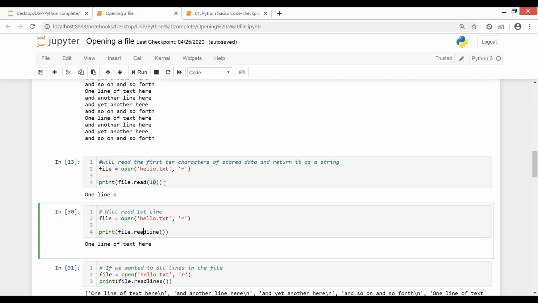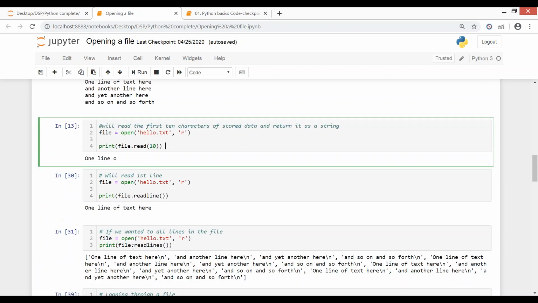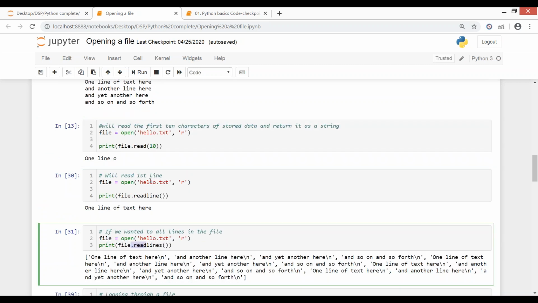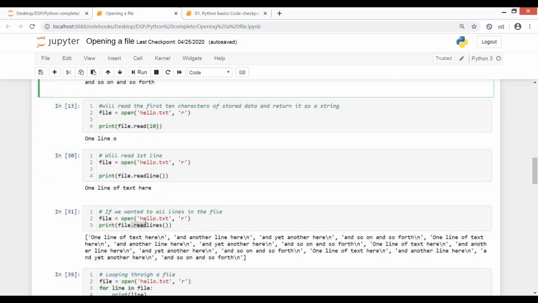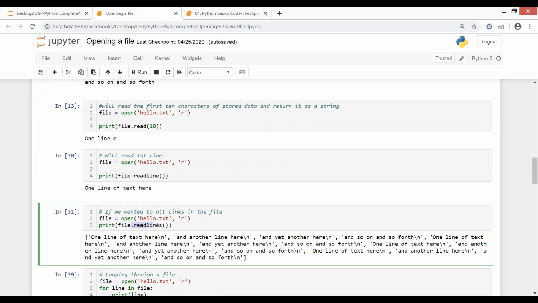Okay. Now readlines. It will read your complete file. जैसे हमने ये किया था ना, file dot read, this one which we did here. This is similar to dot readlines, but उसमें क्या है difference? इसमें क्या है? Like it will give you the exact copy of what you have written. Like when we were writing our text data, we have included /n, right?